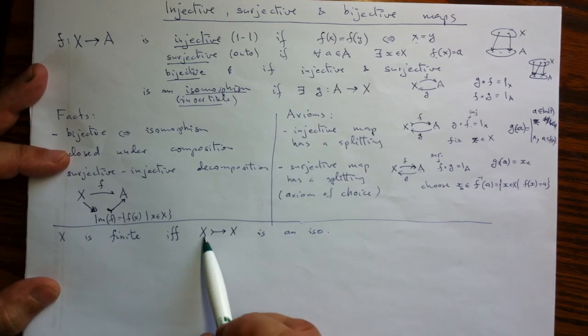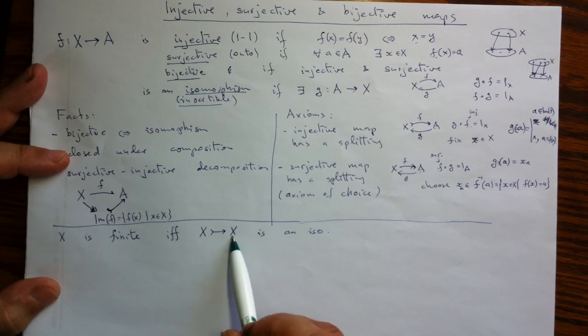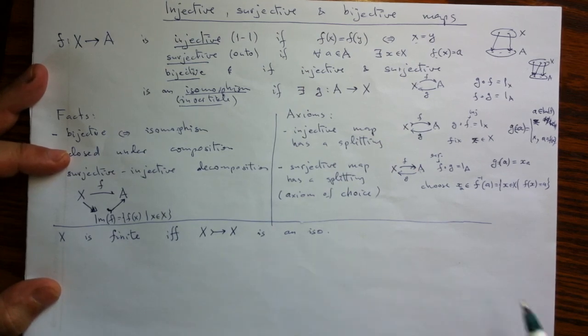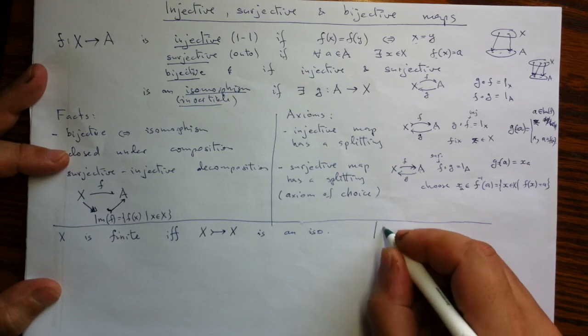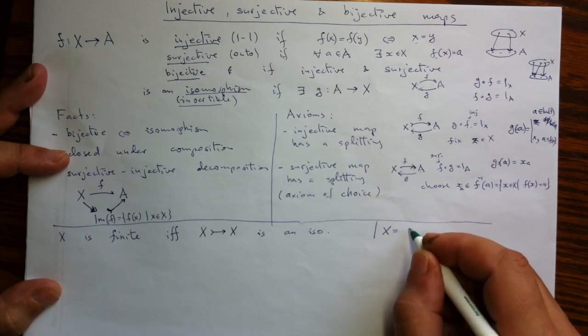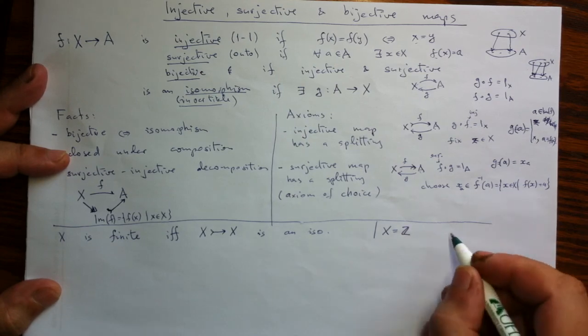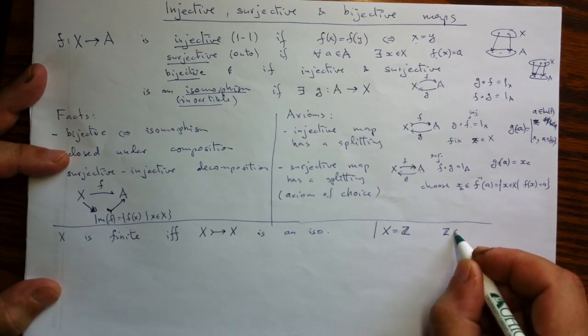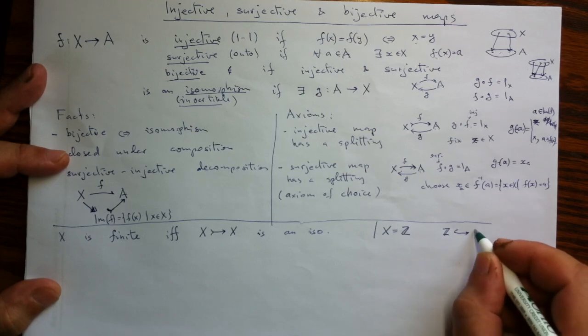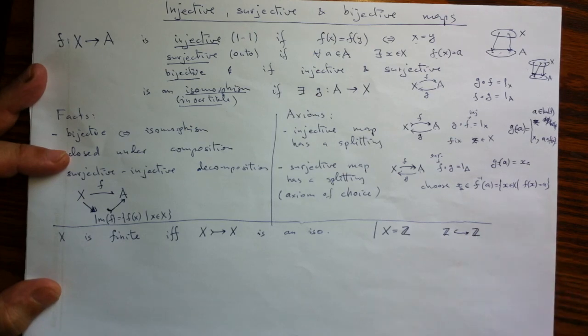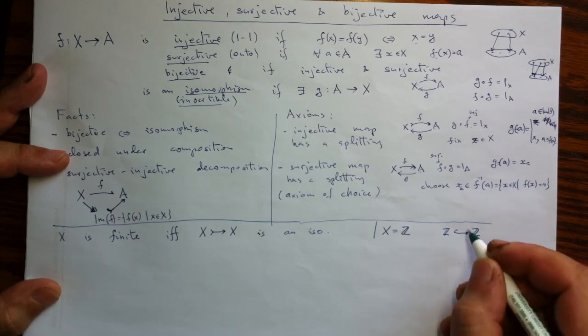So yeah, if we have a one-to-one map, if we have different elements going to different elements, it has to be surjective, it has to be bijective, it has to be an isomorphism. And that is if and only if the set is finite, because say if X is countable, say the integers, we do have maps which place the integers in an injective manner in itself, but not